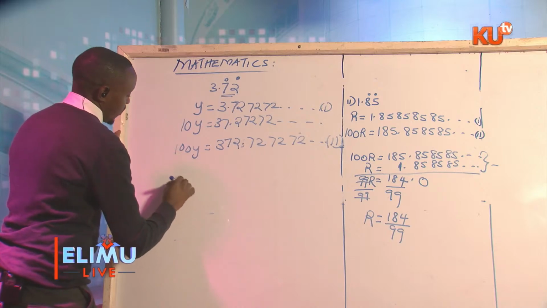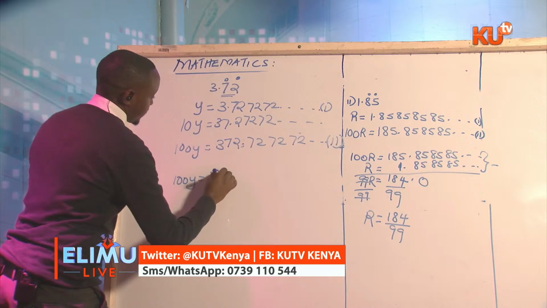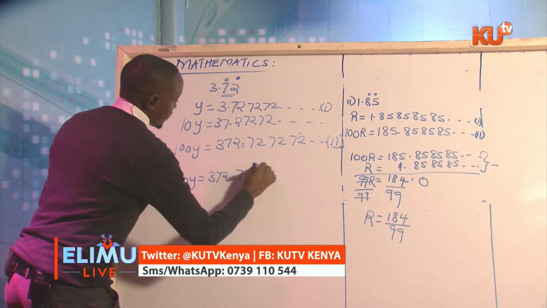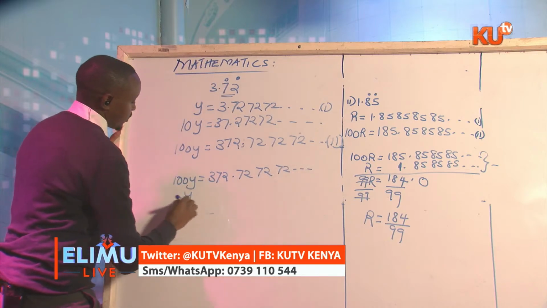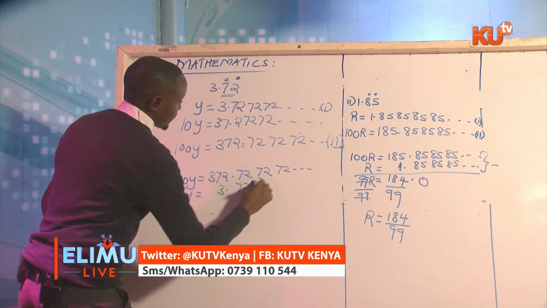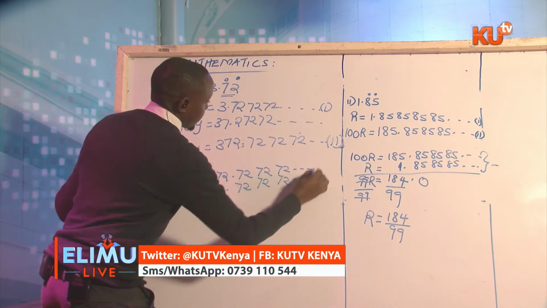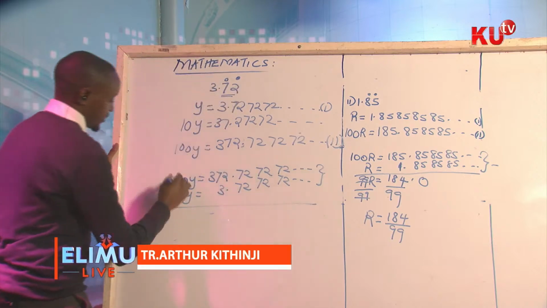That means our equation 2, which is 100y, 372.727272 recurring, minus our original equation, which is 3.727272 recurring. If we subtract the two, we shall be able to get